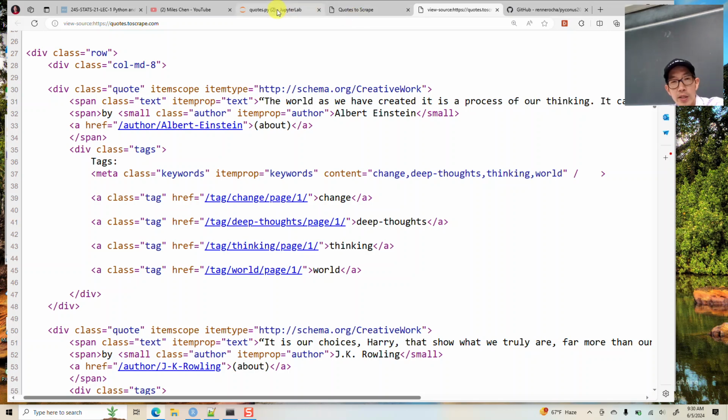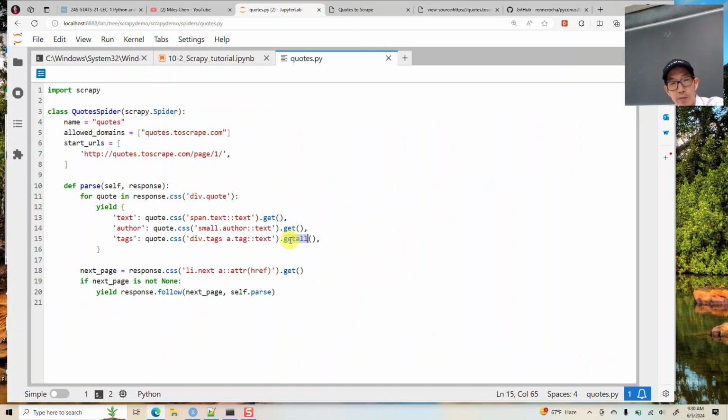But here, because we have multiple, we're going to do a .getall, right? And this will create a little list or tuple that it will then insert into the tags column. And well, we could stop there, but